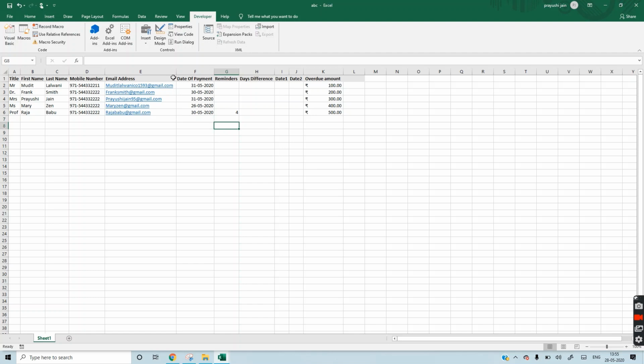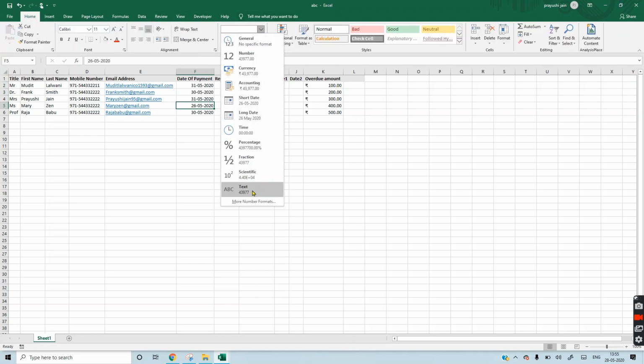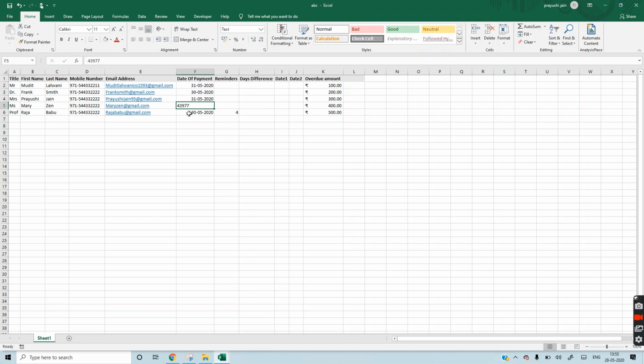So how does it calculate? First of all, Excel converts the date into a number. If I go to the number format, as you can see, this is 43,977.